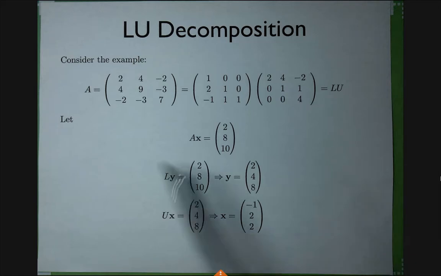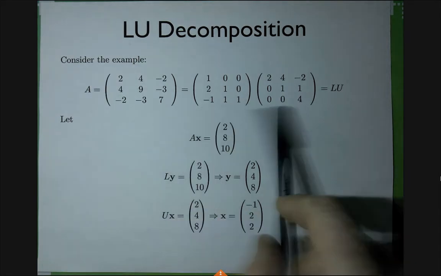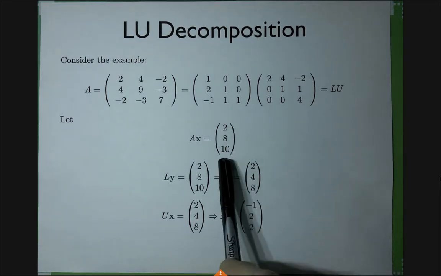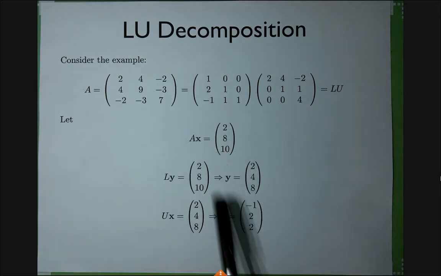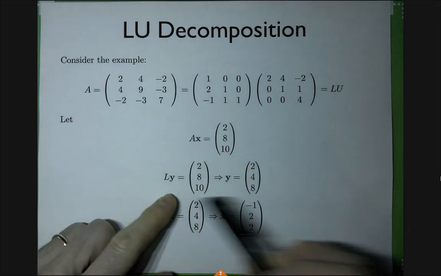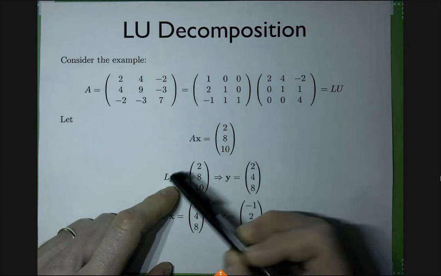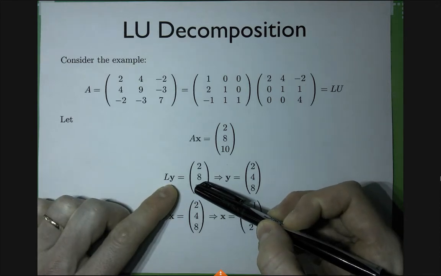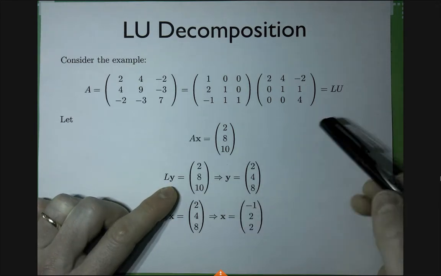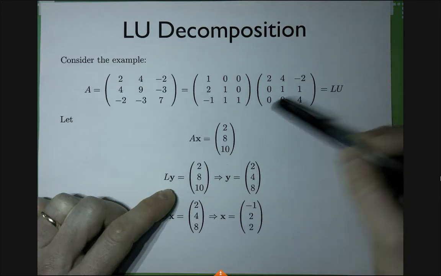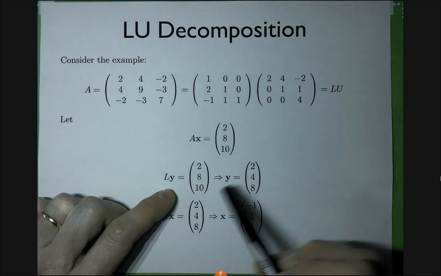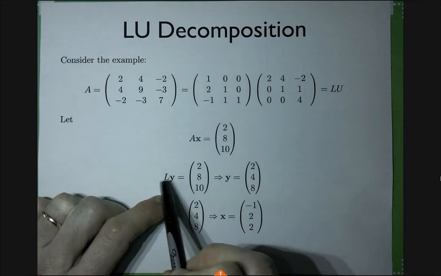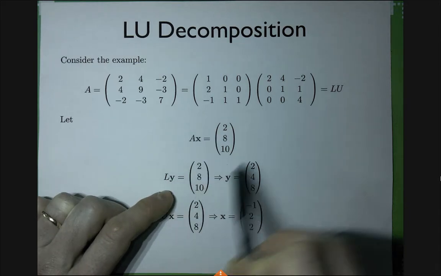So, our favorite system, you must be already sick of the system, probably. So the system you're already sick of has this LU decomposition. And if I give you a right-hand side, I think that's still the same as we did before. So the trick is to introduce this auxiliary variable y, and first solve for the y against our given right-hand side. I'm not going to do it; you can solve that. It's just a back substitution. I'm not going to bother you with doing it myself. And you get that the solution of this Ly system with this right-hand side is this. So the y is 2, 4, and 8.